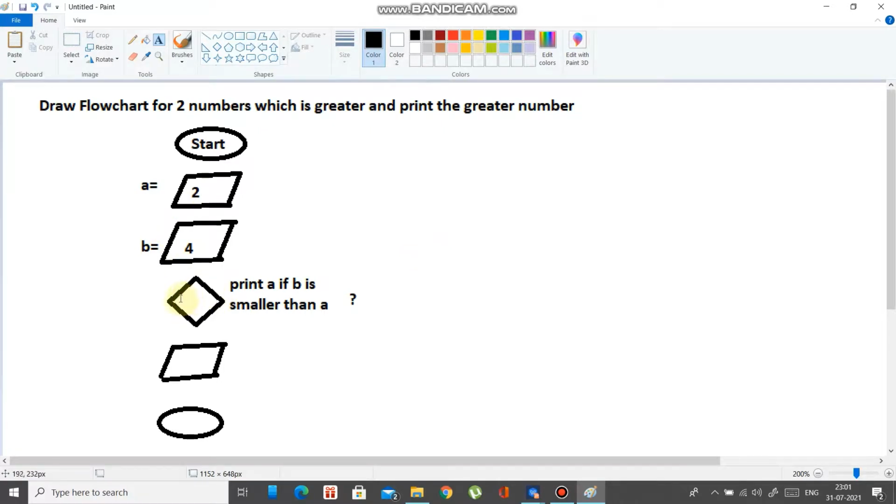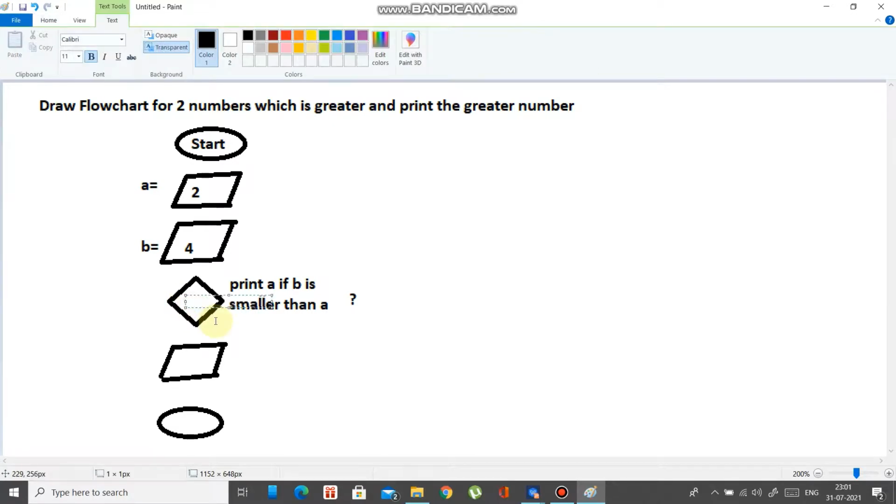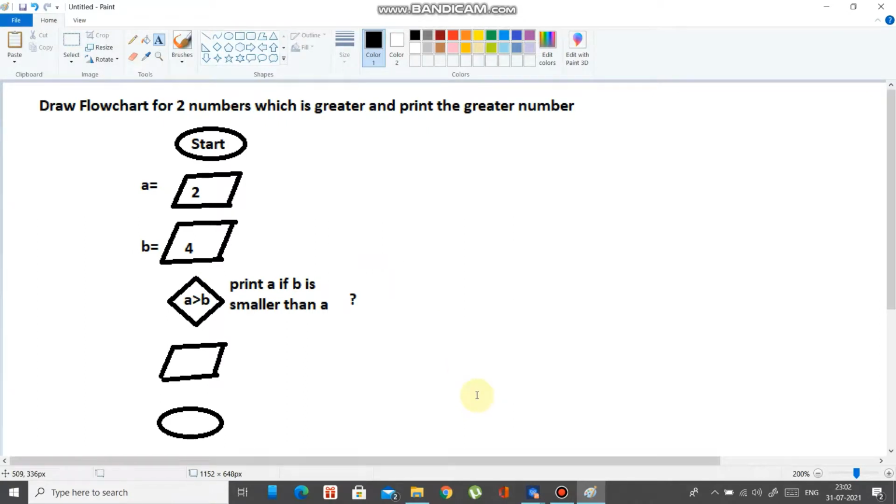Here it should be like A should be greater than B. But B is greater than A. So if it's true, it will print A, but it's not true, it's false.